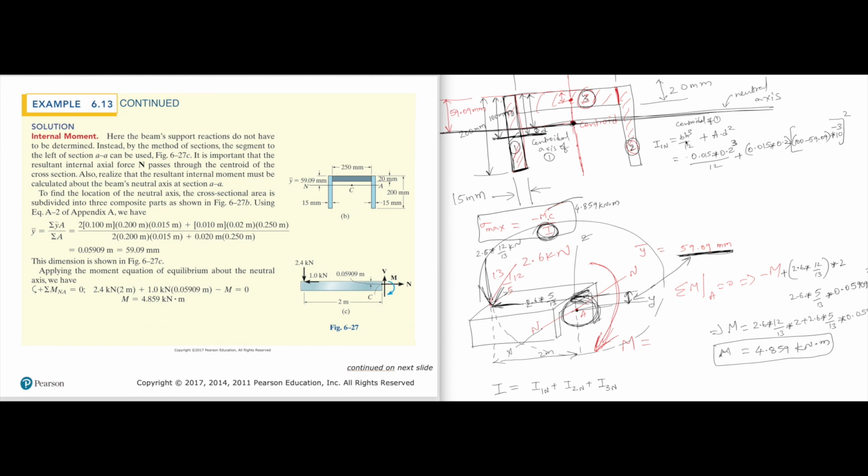That is the moment of inertia of the first shape with respect to the neutral axis. The moment of inertia of the second shape with respect to the neutral axis is the same as that of the first shape, because shapes 2 and 1 look the same with respect to the neutral axis. What is I3? The moment of inertia of the third shape with respect to the neutral axis is